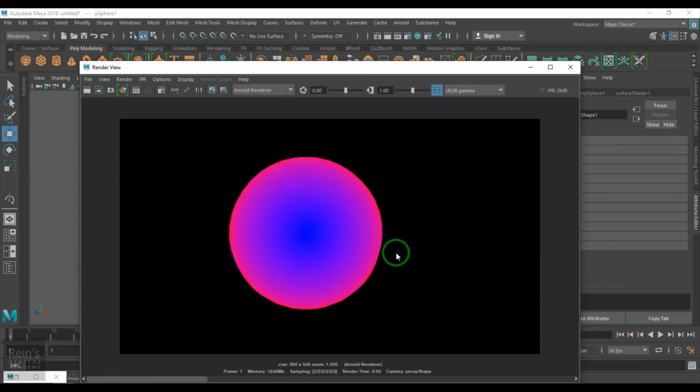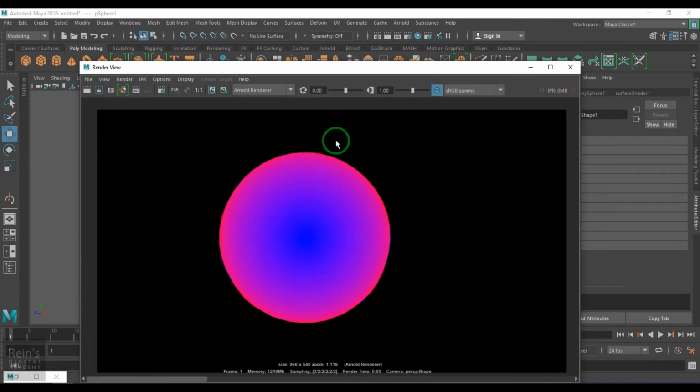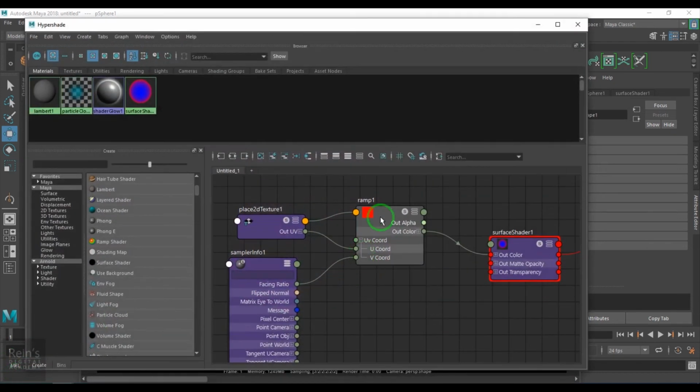Generally the red and blue colors in the ramp should be placed on the model based on the UVs, but here it is not based on the UVs, it is based on the outline of the model, sort of a rim. The total outline is shaded in red color and the center part is shaded in the blue color.